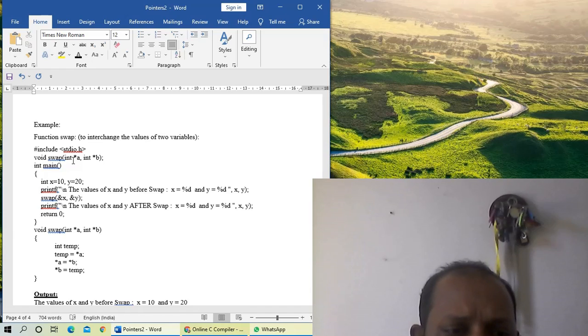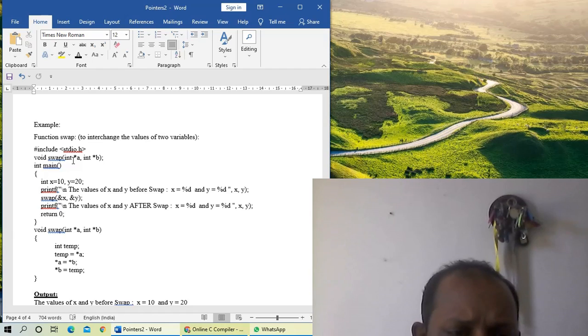Then we are calling swap, and there is no return value, so we just call the function and pass the addresses of these variables, because we are implementing call by reference. In order to implement call by reference, the formal parameters are mentioned as pointer types, and in the call we have to pass the addresses of the variables.